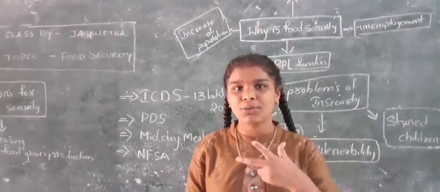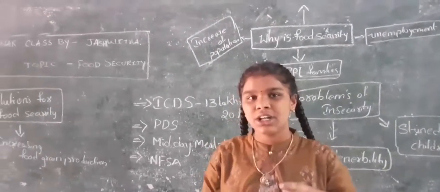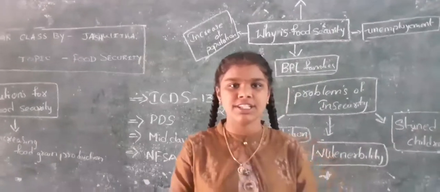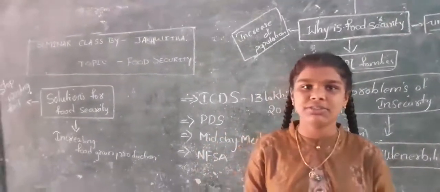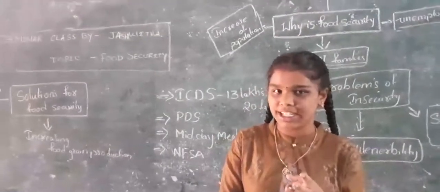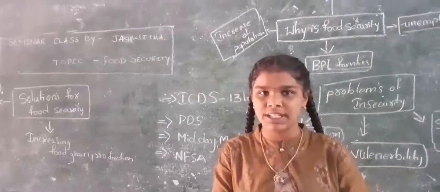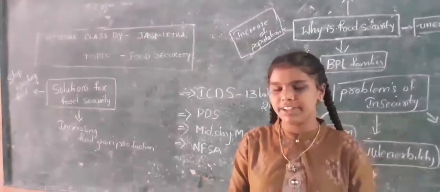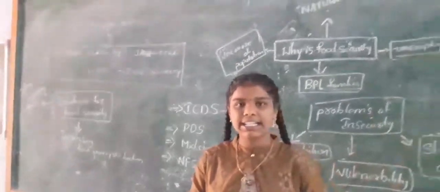We have learned what food security is, and now let us learn the simple terms in food security. There are three simple terms: availability, accessibility and affordability. Availability means the production within the nation, less what we are importing